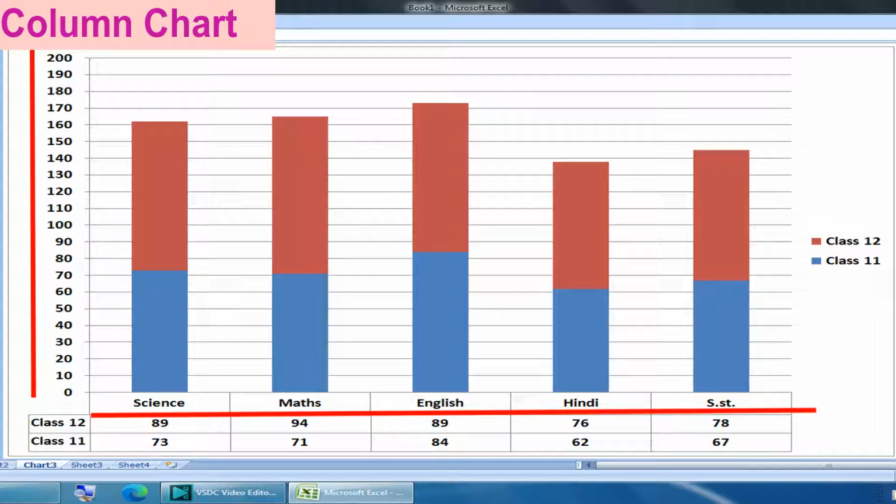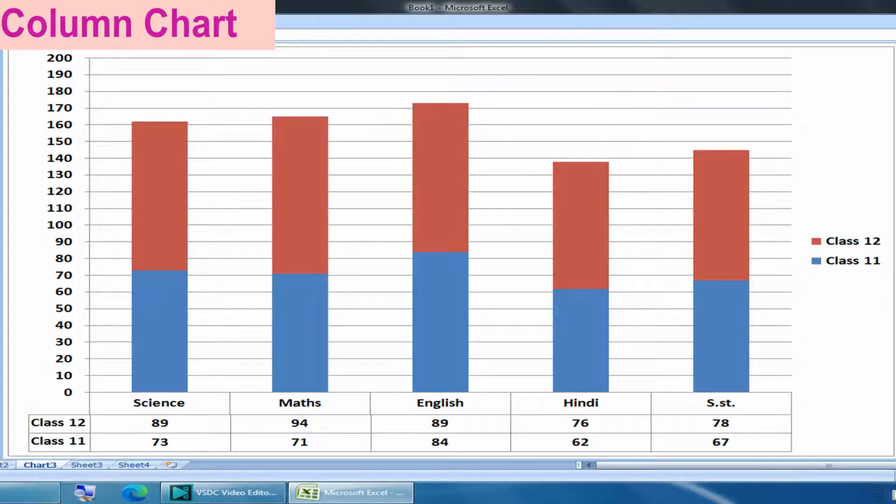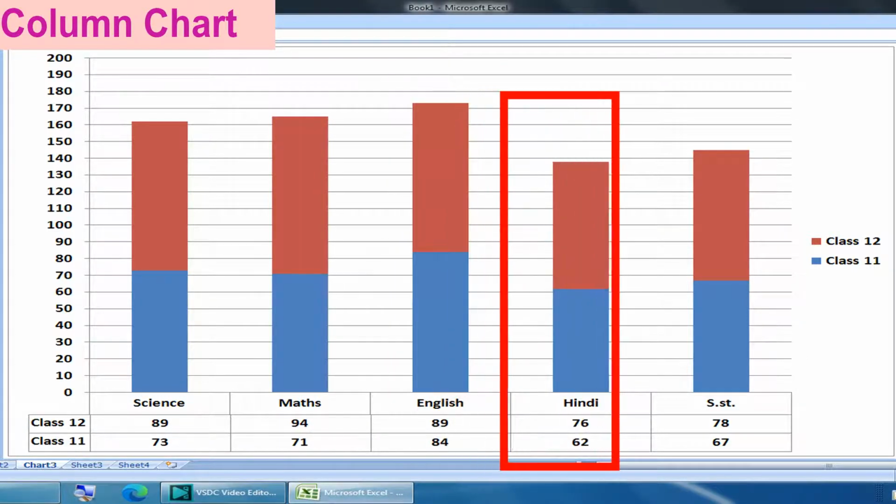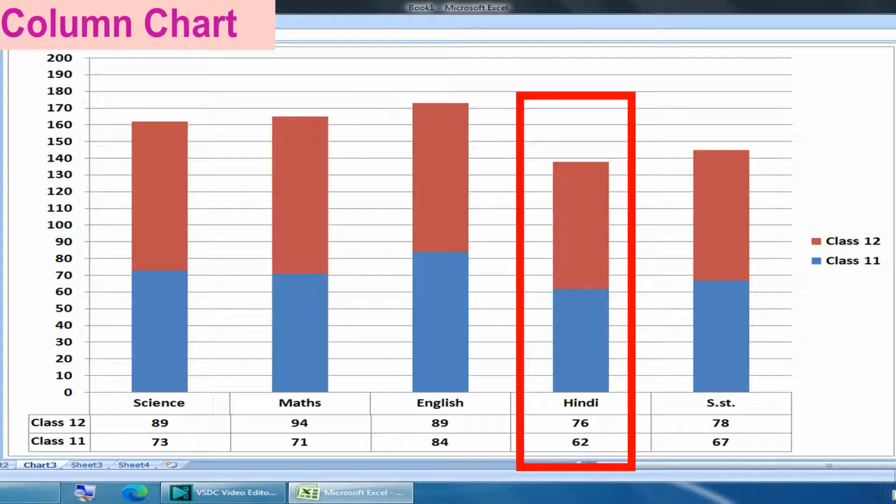Each column starts from the x-axis. Every column compares one subject to another. Here, English marks are in the highest position and lowest is Hindi. Column charts are useful when the height of the individual point is more important than the trend in the series.